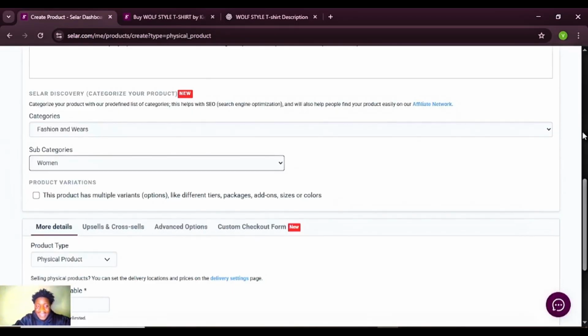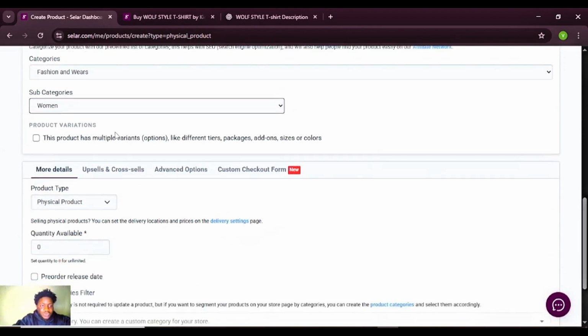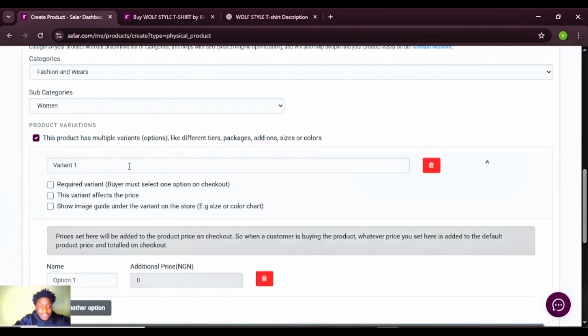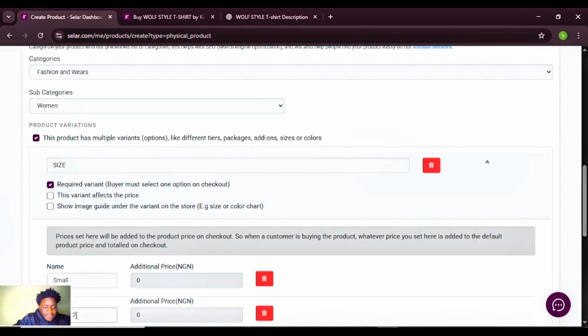All right, and then moving to the product variations, I want to do a similar thing. So we have this product has variations, so I'm going to click on it. Then I'm going to come here to add variants. So I'm going to start with size. All right, and then required is compulsory. And then come here to the options. We have small, all right, we have medium,